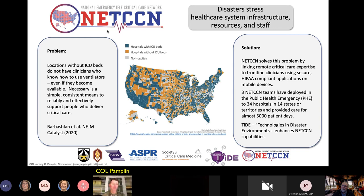Obviously, these two tools can be used for many other circumstances. And going along with ventilators and IV pumps, in order to do that safely, you have to be able to monitor the patient. So there's a component of remote monitoring that is more accustomed within the world of telemedicine, and certainly within telecritical care. The monitoring part may not be quite as novel, but it is certainly important for the remote expert to be able to activate the monitor, to zoom into the monitor,